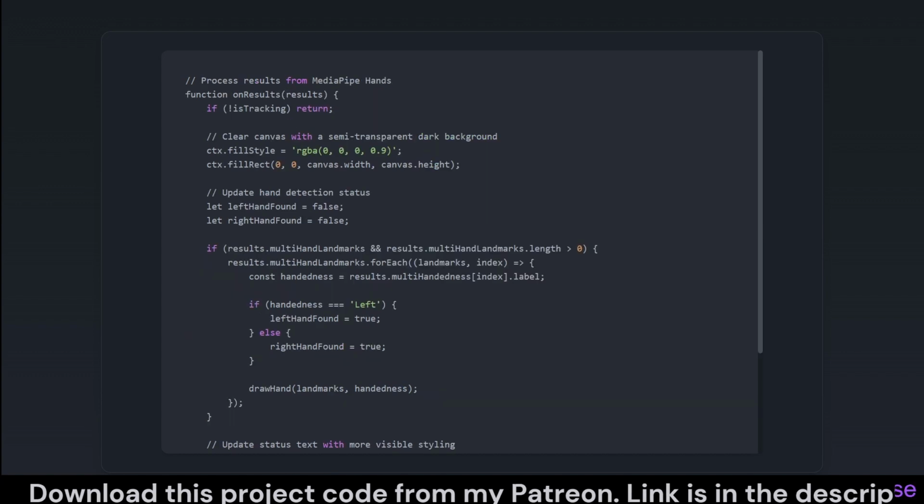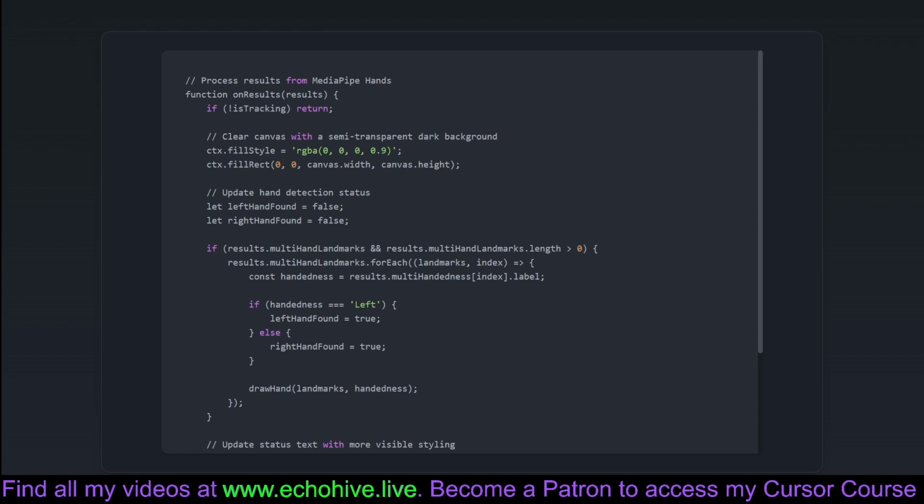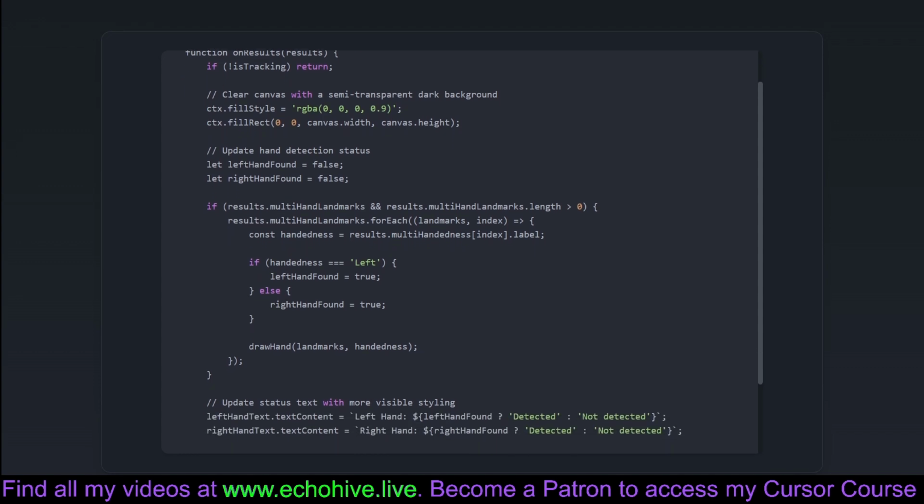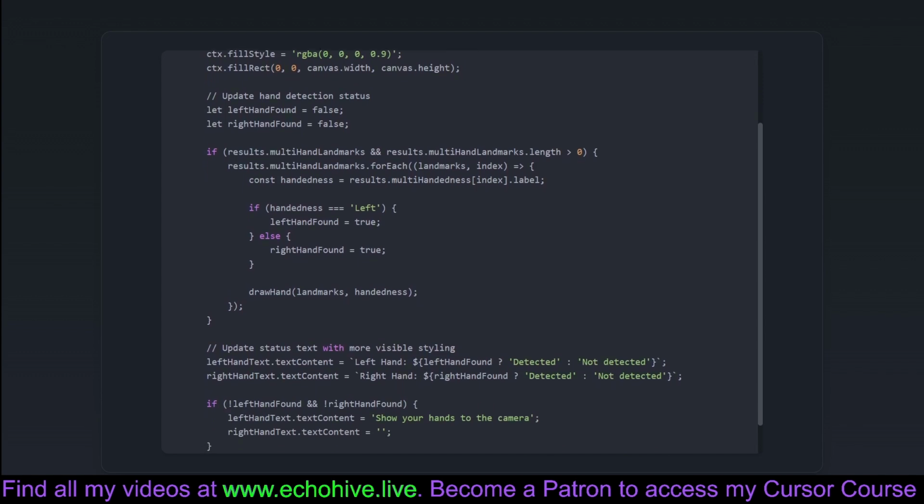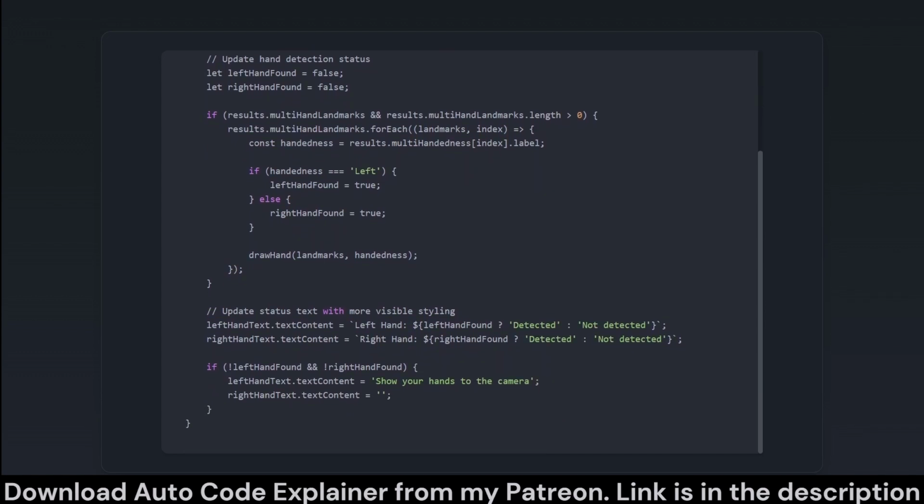This snippet lays out the primary job of processing the results from MediaPipe's hand tracking. The function onResults acts when MediaPipe hands provide new analysis data from the video feed. It first checks if tracking is active, an essential step to preserve your canvas's resources. Then, the function wipes the previous frame from the canvas to prepare for drawing anew, ensuring no ghost hands are